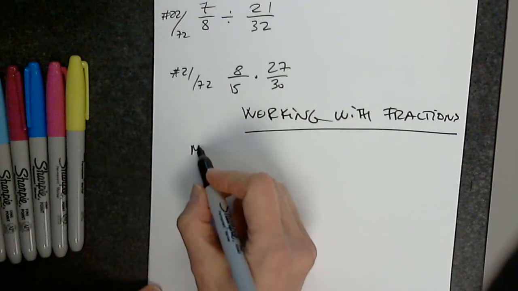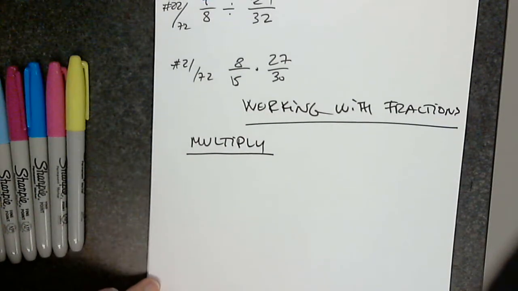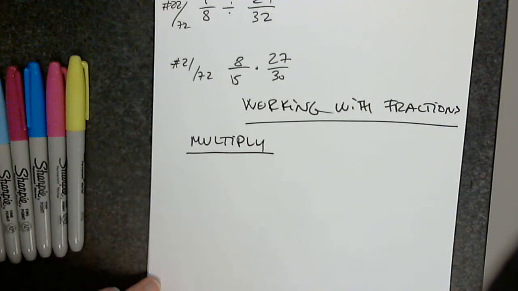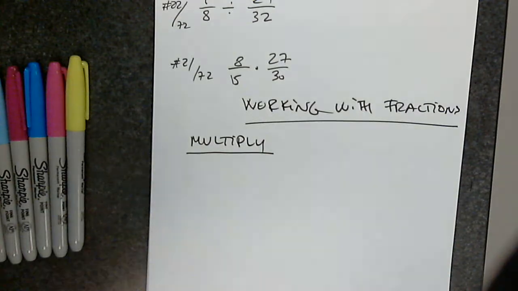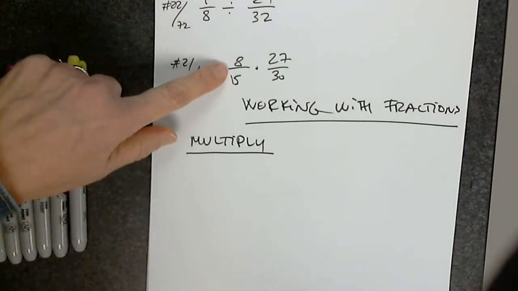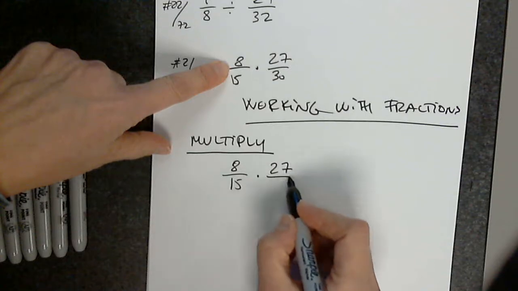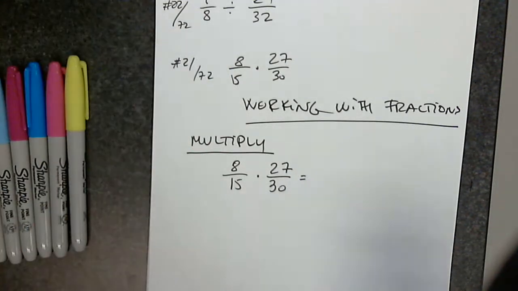So let's multiply. When we multiply fractions, it is recommended to simplify the fractions before we multiply them, if possible. Not just simplify each fraction by itself, but in a product, I'm also allowed to simplify across. Okay? So in this example of 8 over 15 multiplied by 27 over 30, yes, I can go ahead and